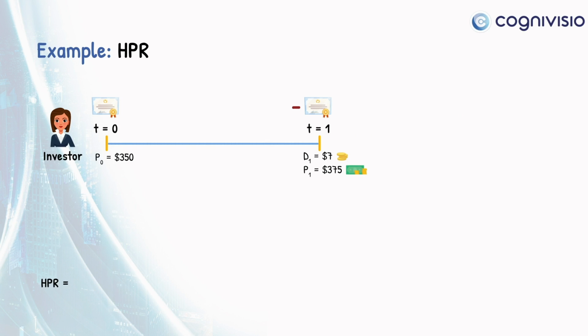The holding period return is (P1 - P0 + D1) / P0. The price at the end of the period is $375 and the price at the beginning of the period is $350. The dividend of $7 is added as a return on the investment. (375 - 350 + 7) / 350 gives 9.14%, which is the holding period return on the stock held